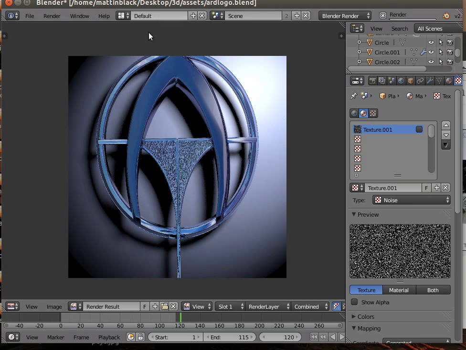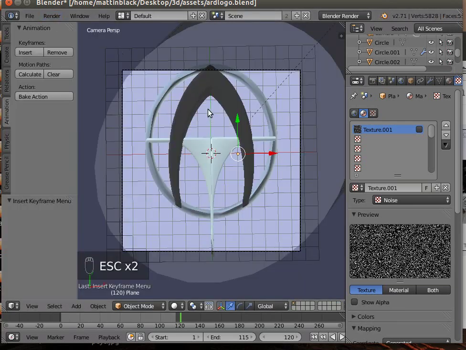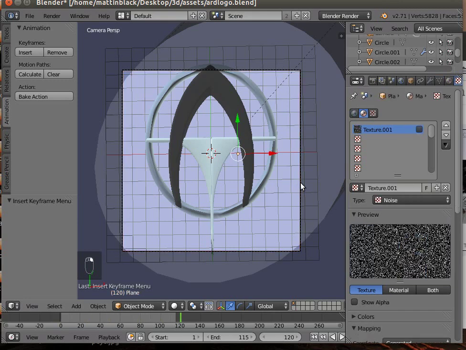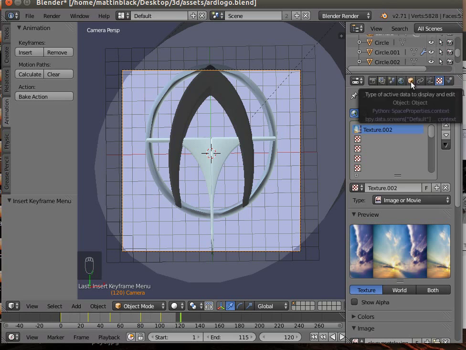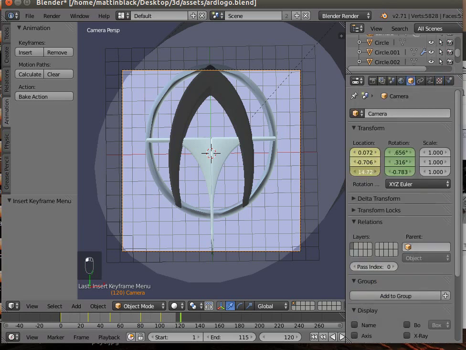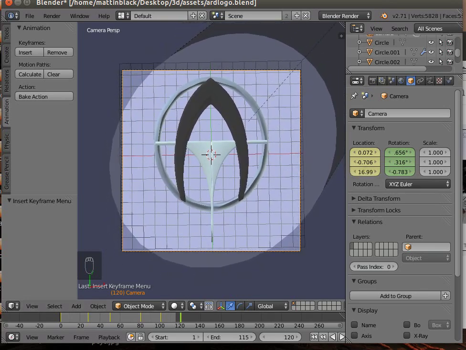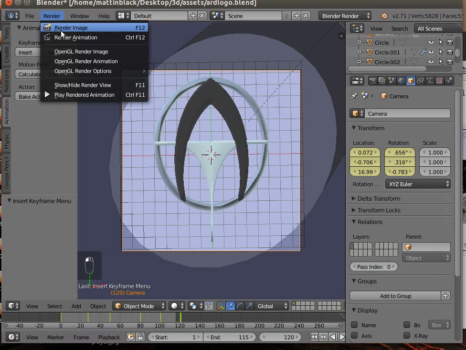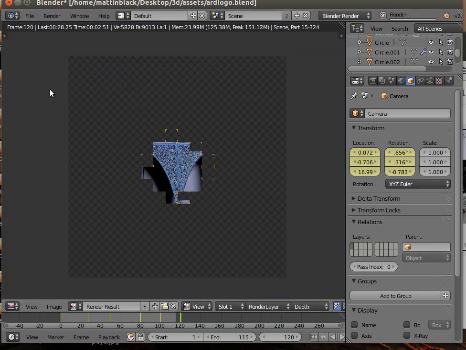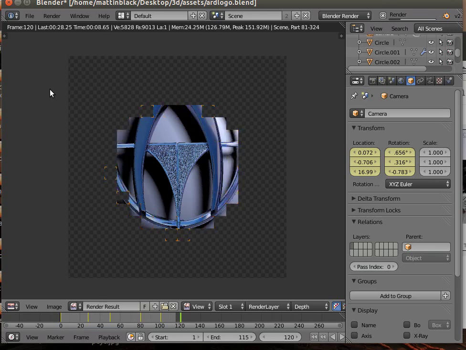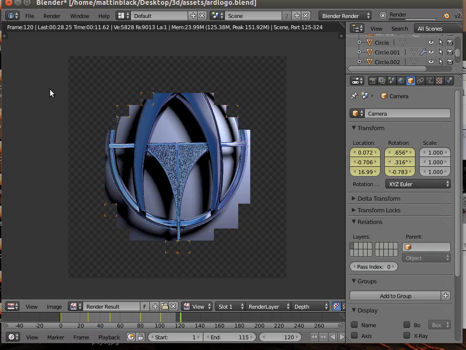You can see it got the top clipped off and the bottom clipped off, so I'm still in too far, so don't know how that happened. I must have not been paying attention. Oh no, I know how it happened. I forgot to set the keyframe, didn't I? Insert, location, rotation, render image, because of course when you forget to set a keyframe it just goes back to whatever it was before,